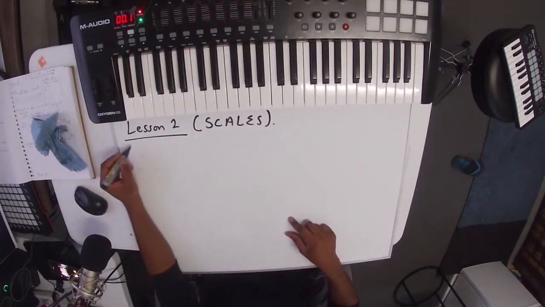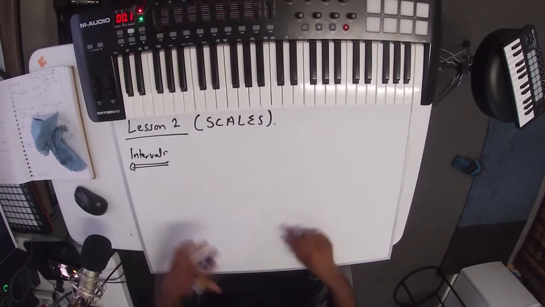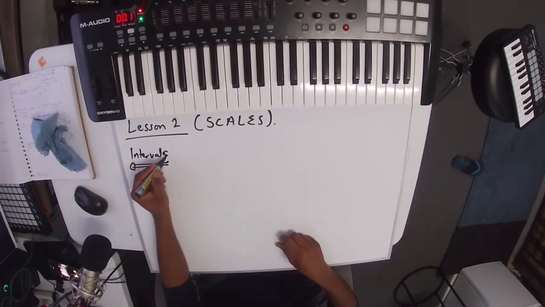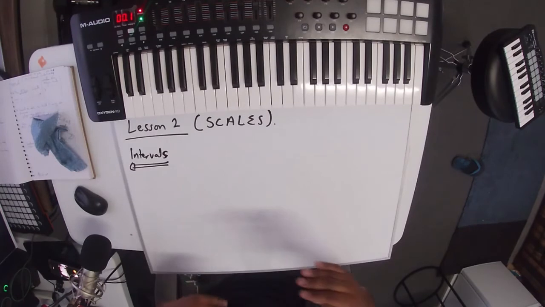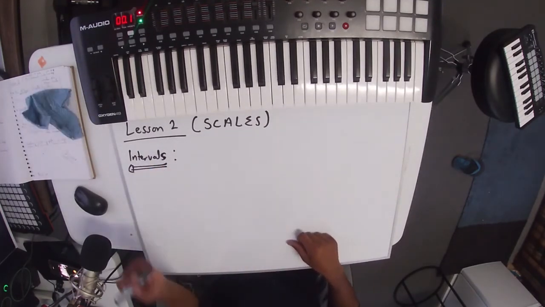Okay, now that we've gotten that out of the way, before I actually look at scales, I'd like to just look at some intervals. So this is sort of a side note. Now, the way we know intervals is the same as in music. An interval is the gap, or the distance, between two points. So an interval is the musical distance